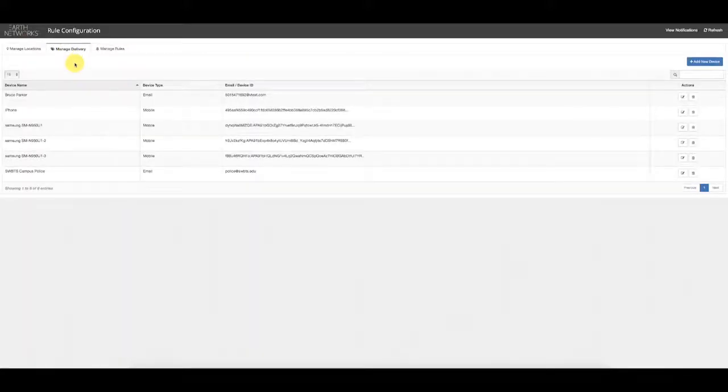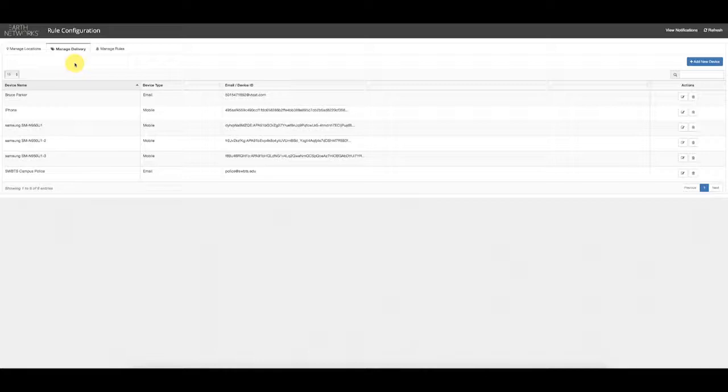And again, the magic number 3, there are 3 different ways to manage delivery of alerts in Sferic Maps. These are the devices that actually receive the weather alerts. Customers can choose to receive weather alerts either using an email address, so just using traditional email. Customers can choose to receive weather alerts via a text message. The customer simply needs to format the phone number as an email address to make this happen. And also, new to Sferic Maps, customers can choose to receive push weather alerts using the Sferic mobile app on